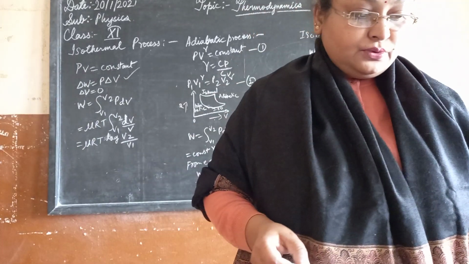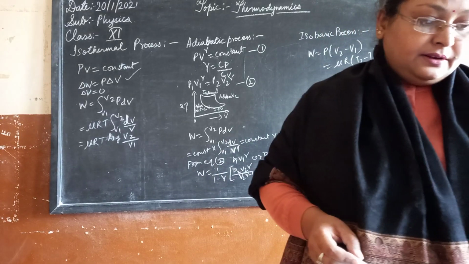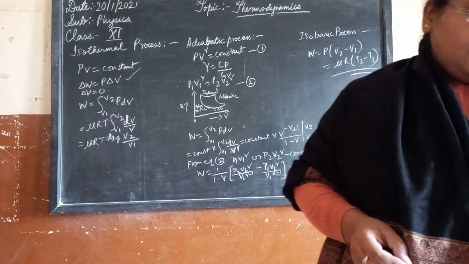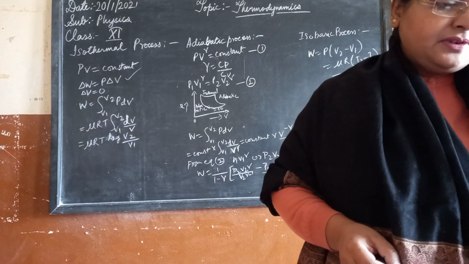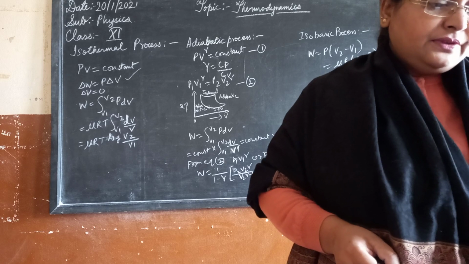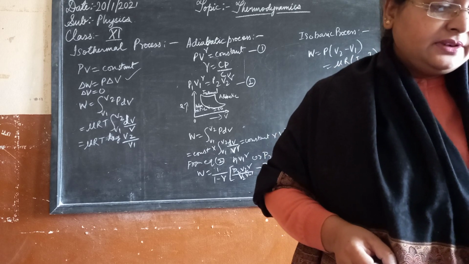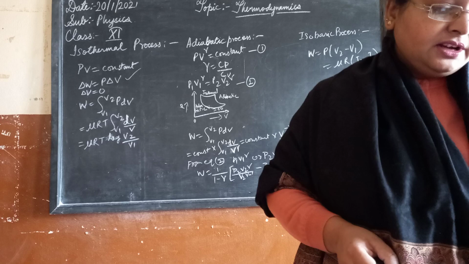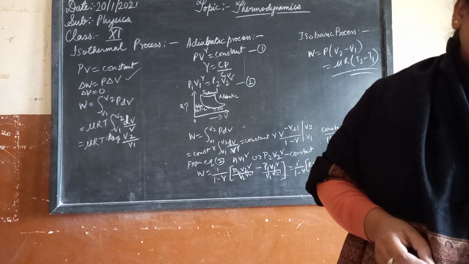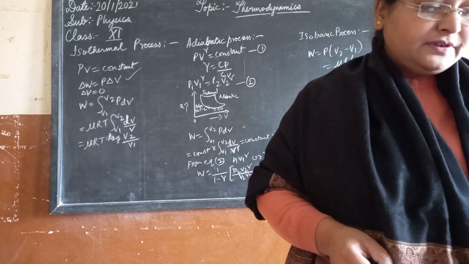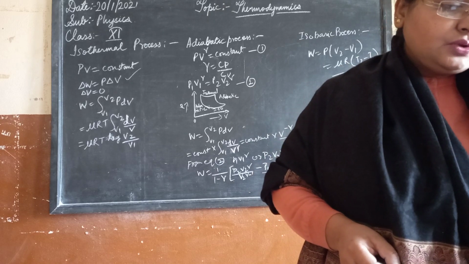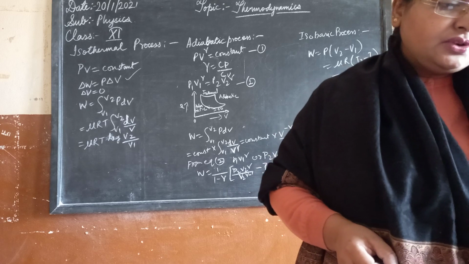In the second step we made use of the ideal gas equation PV equals mu RT. Here we take the constant out of the integral. For an ideal gas, the internal energy depends only upon the temperature. Thus there is no change in the internal energy of an ideal gas in an isothermal change, and the first law of thermodynamics implies that the heat supplied to the gas equals the work done by the gas, that is, Q equal to W.